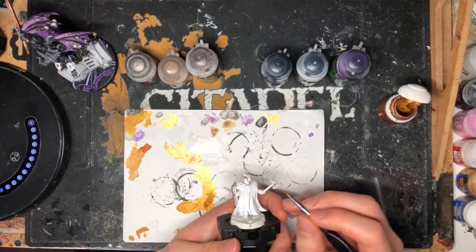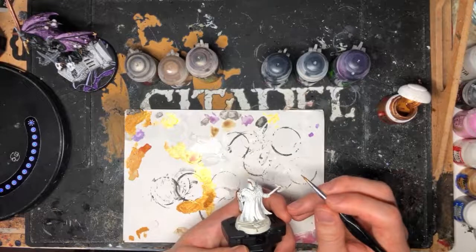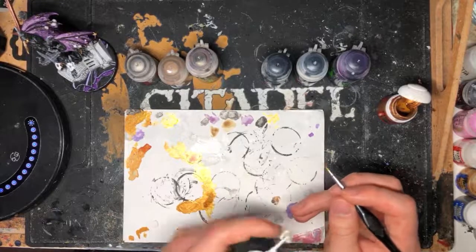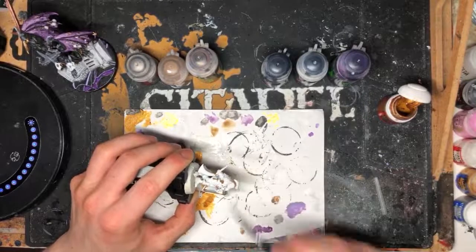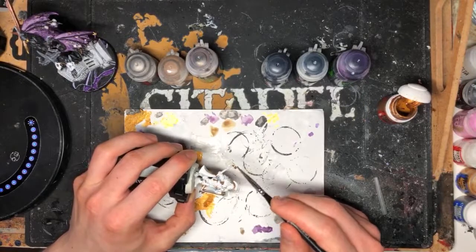But what was I going to say? I was just going to say... sorry, trying to get my words. I was figuring out which part of this I'm going to paint gold. I'll go for this bit. I was just going to say,